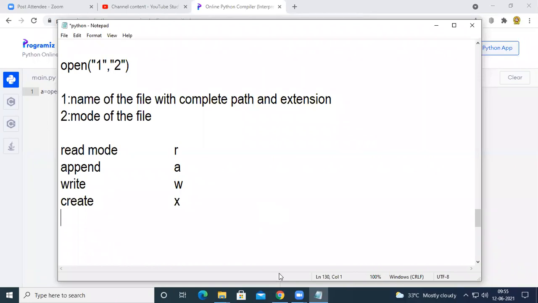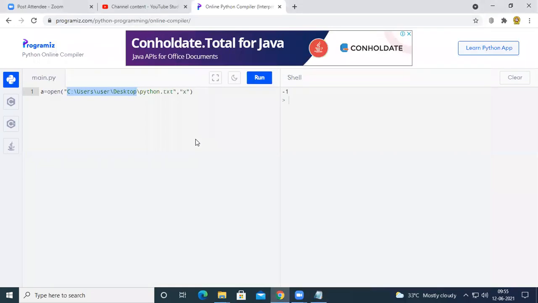And at the same time, for example, in a program, I want to read the data from the file, and at the same time I want to write the data. In such cases, I can use R plus W, where R stands for read mode and W stands for write mode. If I want to perform read and write operations at the same time, I can use R plus W. So this file can be opened for reading purpose and at the same time for writing purpose.